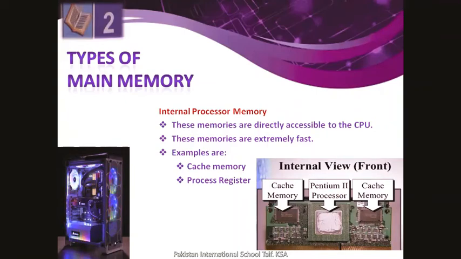It is used for temporary storage when the CPU needs an instruction for execution, and it will transfer your instruction into the internal CPU system. So it needs some temporary storage inside the system unit, inside the CPU. The cache memory and the processor registers are used to hold your instruction, the data of the instruction, and the address of the instruction. So these two types are used for the internal processor memory, which provides the facilities to save your instruction, data, and addresses.